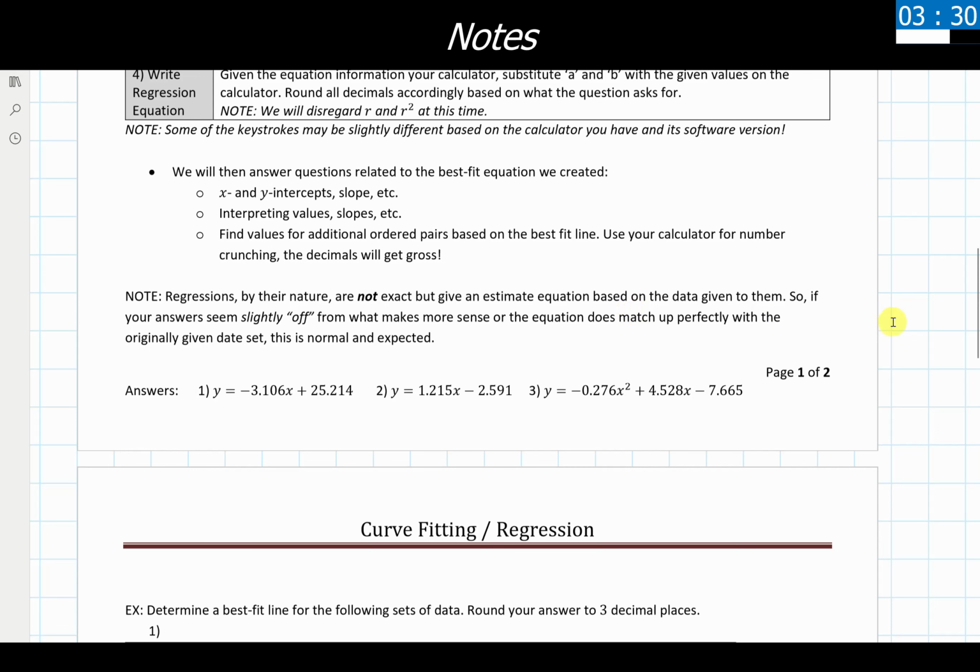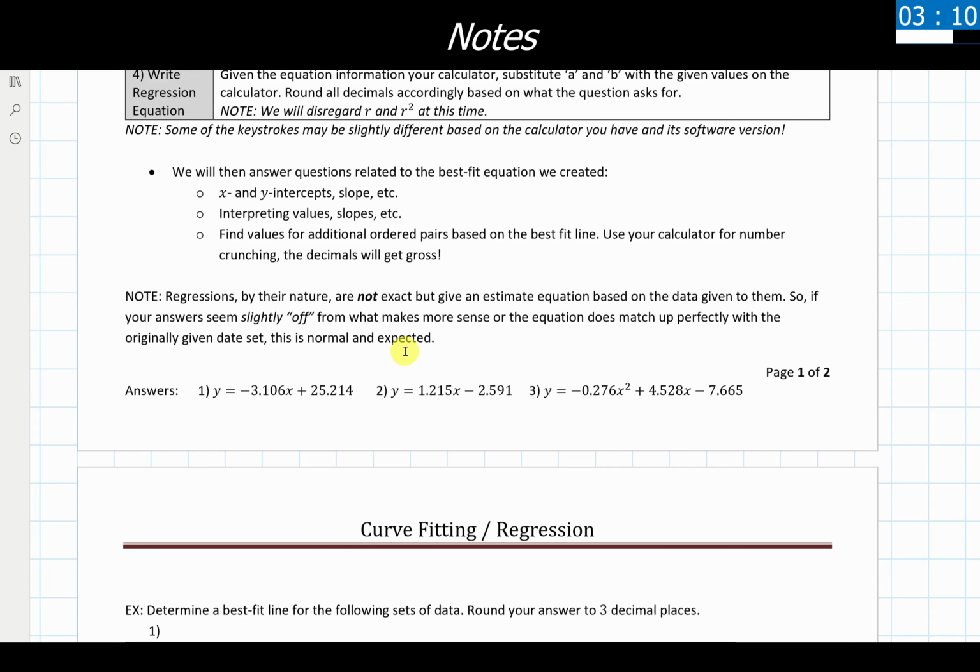So when you are looking at your best fit or regression equation and your equation seems slightly off or maybe significantly off from the rest of the data, this is exactly as intended. This is normal. This is expected. We are used to seeing this. There's nothing wrong with it.